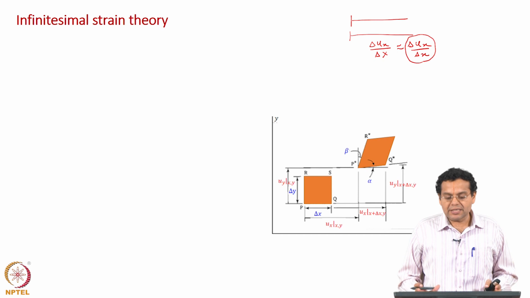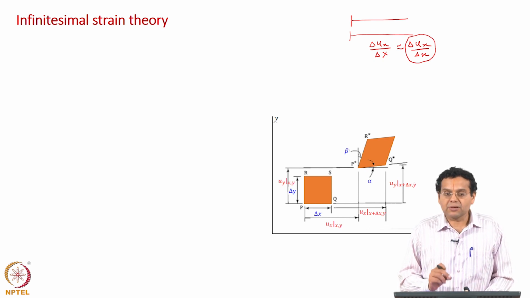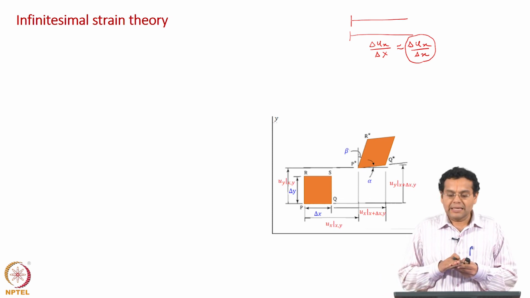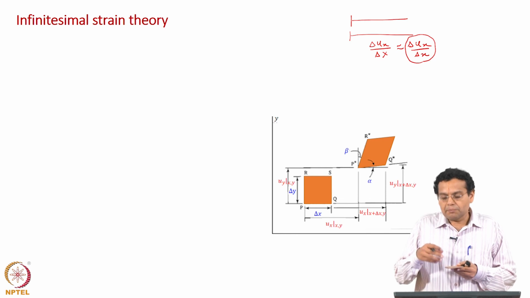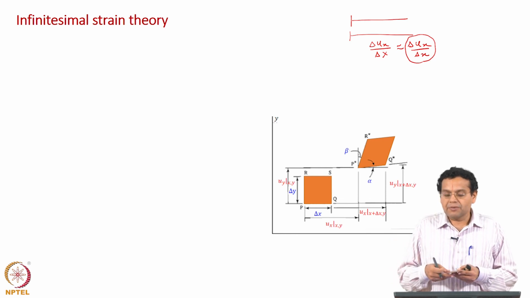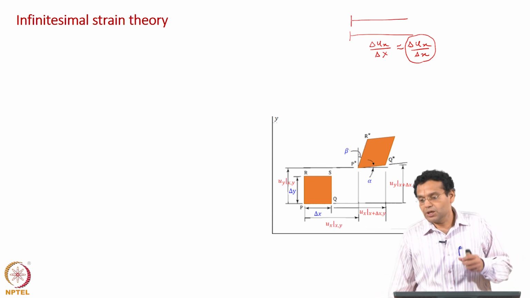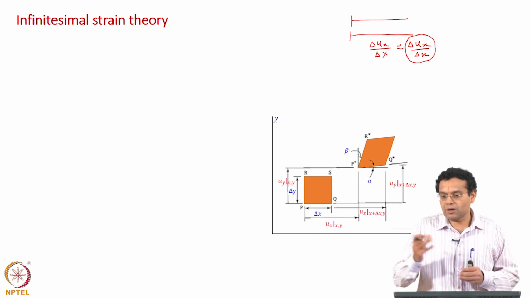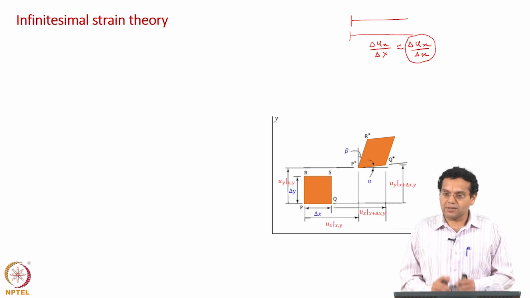All these are called infinitesimal strain theory. Now, it is an assumption in the case of solid mechanics. Why? When you subject a solid to a force, it can undergo a finite strain. We said most of the time it is very small, but it can be a large value also. We have assumed that they are very small, that is why it is an assumption in solid mechanics. Later on, when you go to fluid mechanics, we are going to carry over all that. It is not an assumption in the case of fluid mechanics, okay. It is an assumption in the case of solid mechanics.